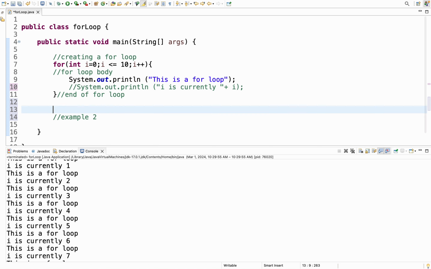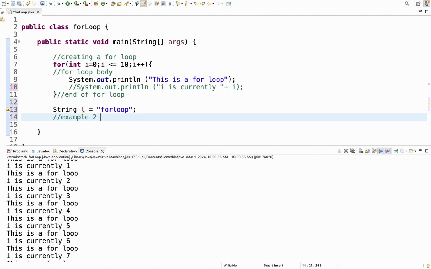So another way you could do it is you could create a variable or a string outside, right? So you could do like string L, and I'm just putting something random, equals for loop. Okay, we have a string. Now we can use this string later on in our for loop. So let's go ahead and create the for loop, and we're going to say for